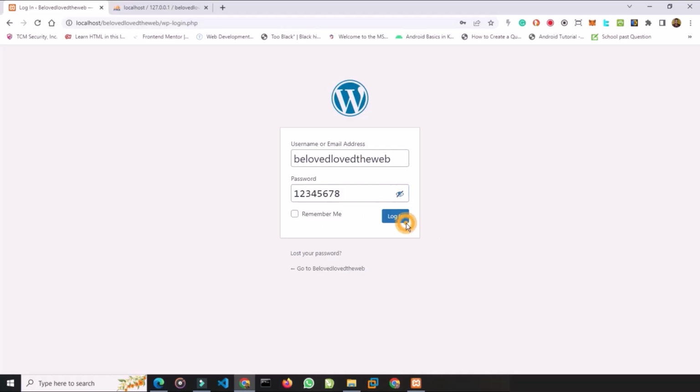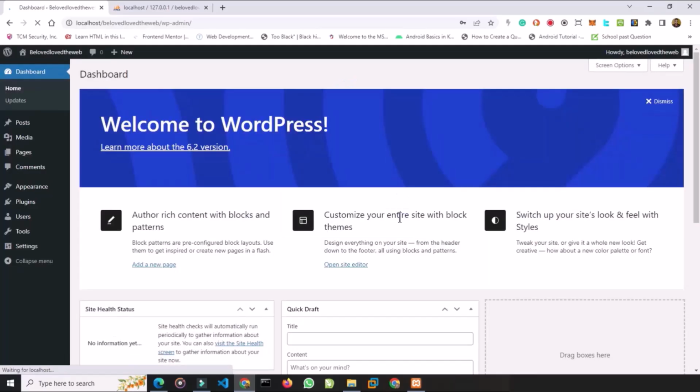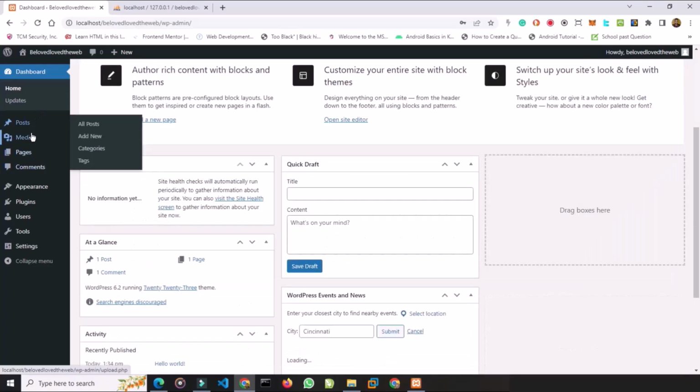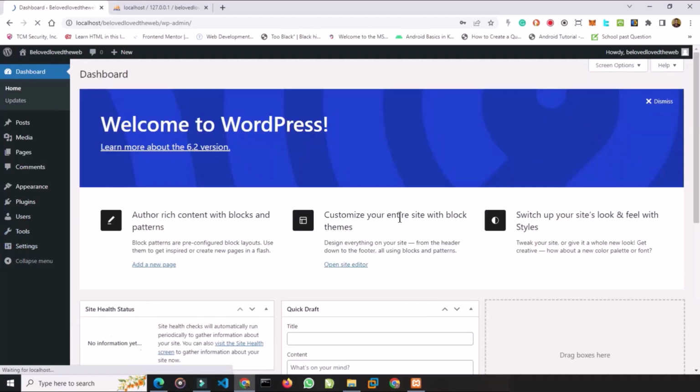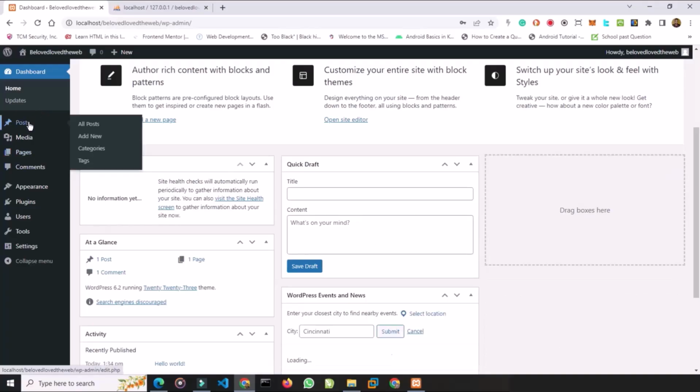So you can develop anything you want to develop. You can follow a WordPress tutorial to learn how to use WordPress with this particular setup on your PC without using internet, and you learn everything about WordPress. And here we have the WordPress dashboard. With the dashboard, you can go and explore it and see what else you need to know about WordPress. So now that we've been able to deploy a WordPress website offline using localhost,